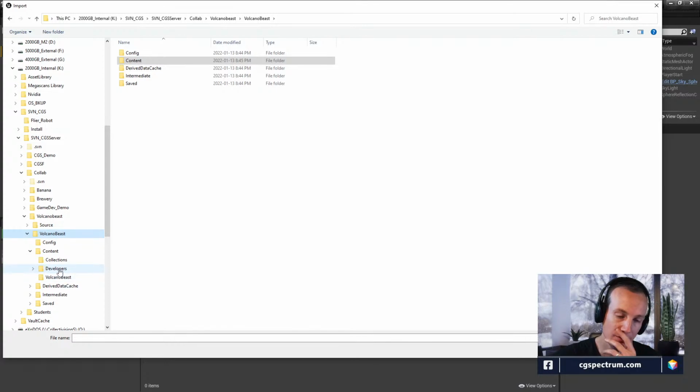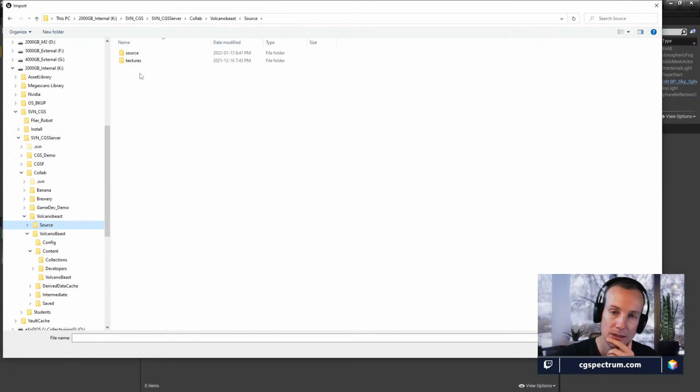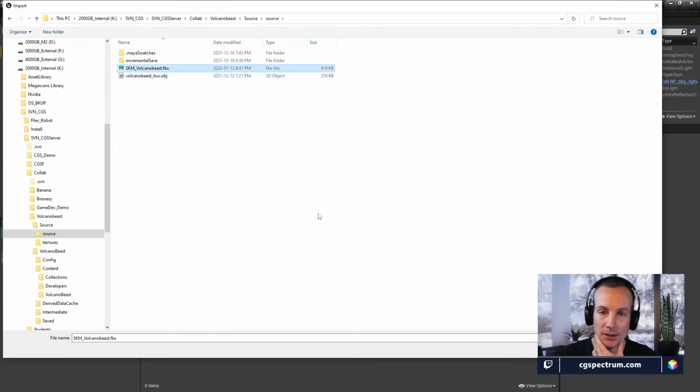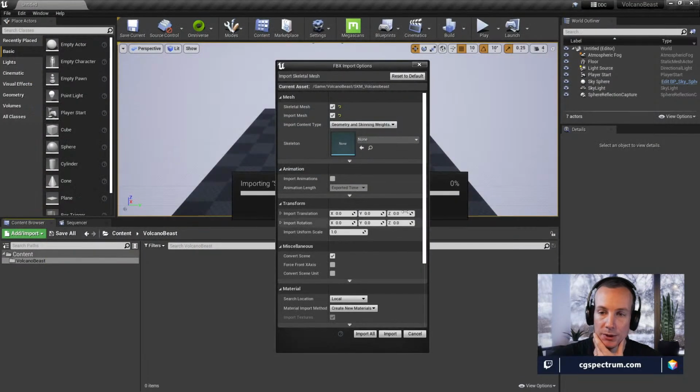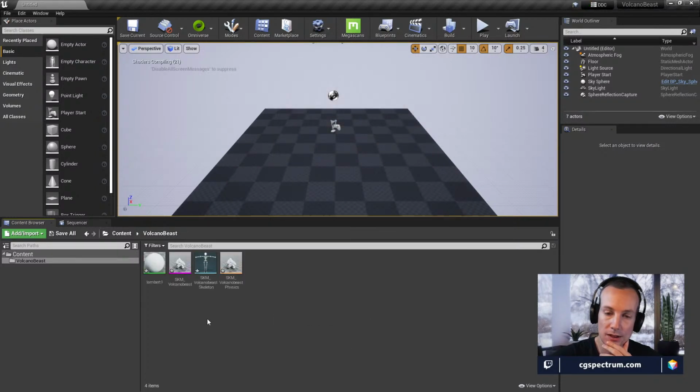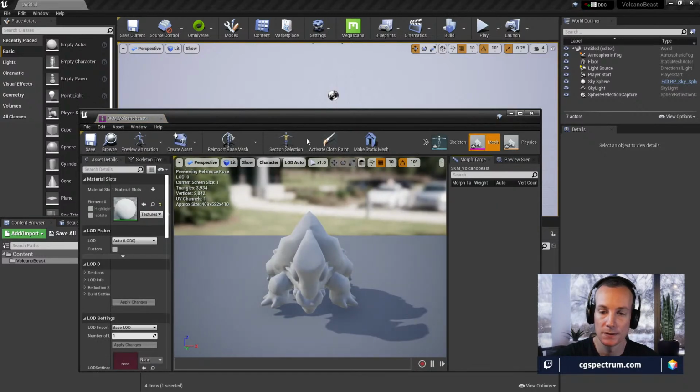Okay, I'm forgetting what I'm doing here. I need to import source from. Oh, I didn't actually put it. Made another folder. Shoot. Oh well, I can fix that later. Import the skeletal mesh FBX. It's gonna create a new skeleton on import, so let's see what happens. Oh, it did actually bring it in. That's a good sign.